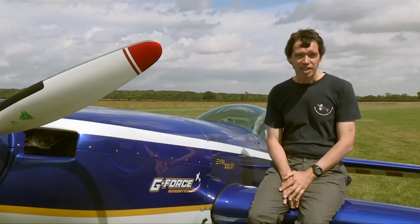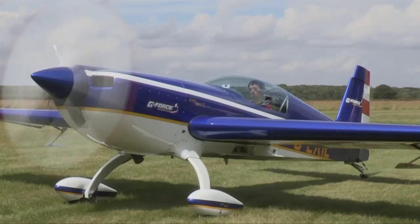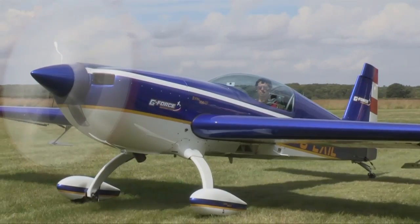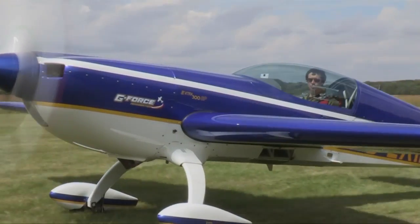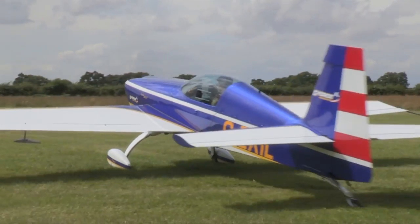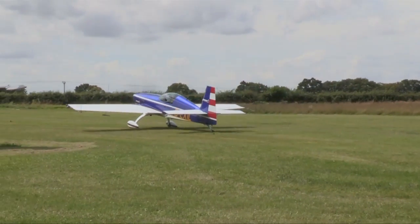My name is Burkett. I'm an aerobatic display pilot, and it's my pleasure to display this beautiful aeroplane in air shows and other events up and down the country. The aeroplane is an Extra 300S. It's a top aerobatic performing machine that was designed and manufactured by Walter Extra, who's a German aerobatic pilot and